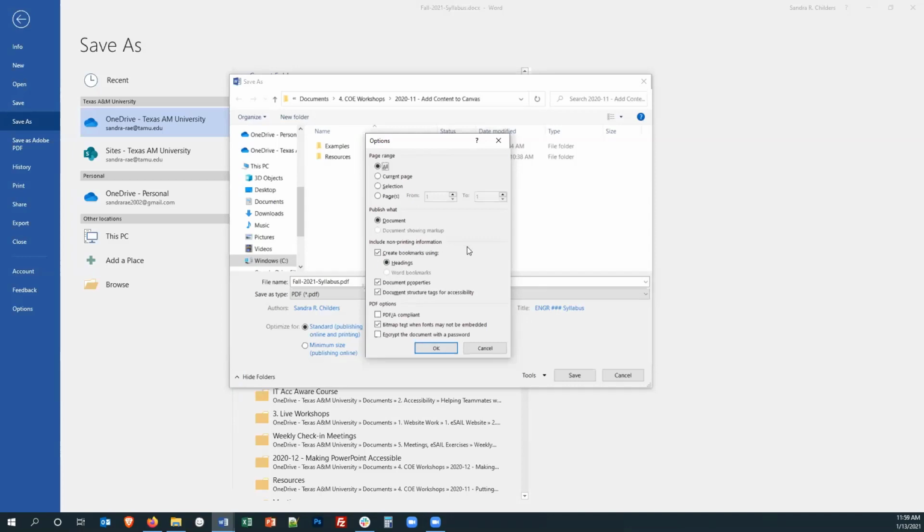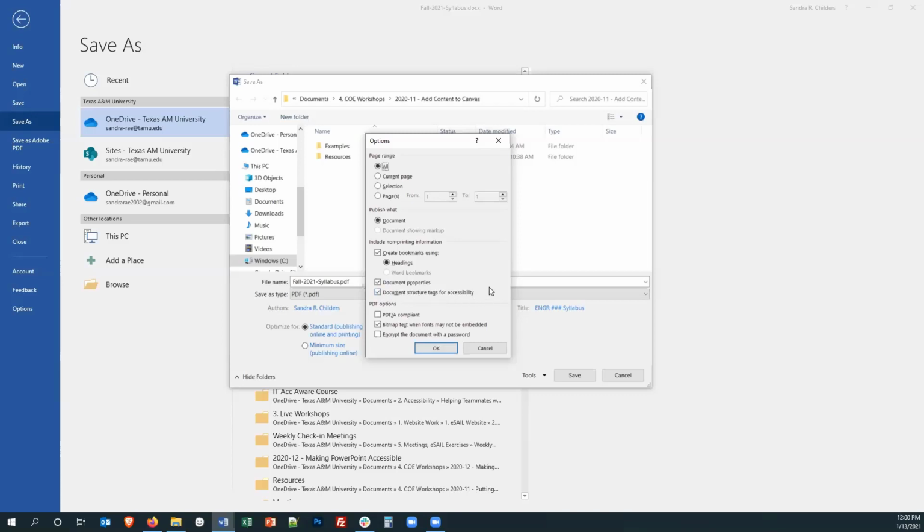We want all of these items checked. We want to create bookmarks with the headings. We want to save over the document properties. And most of all, we want to check this document structure tags for accessibility.